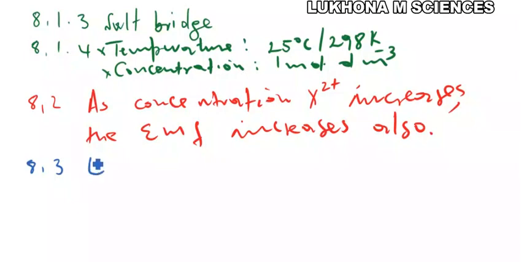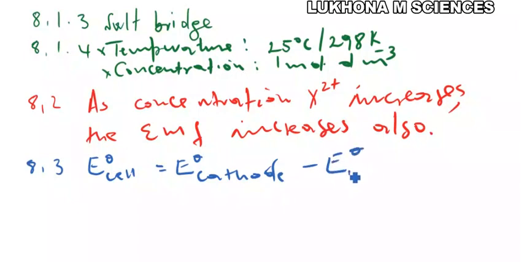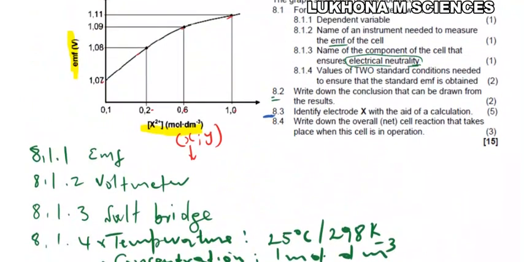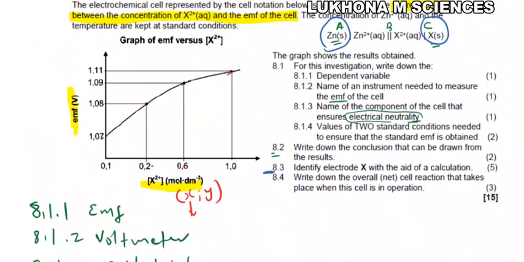E naught cell is equal to E naught of the cathode minus E naught of the anode. Okay. Then we can,